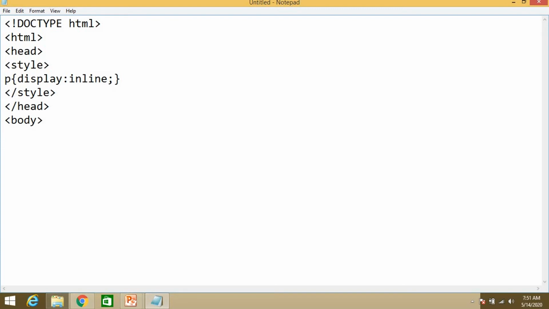Now write something related to the P tag, because at the top in the style you have used P, so you have to write something related to the paragraph. Welcome to Balbharti. Close the paragraph tag. Now another paragraph, I am using JavaScript.